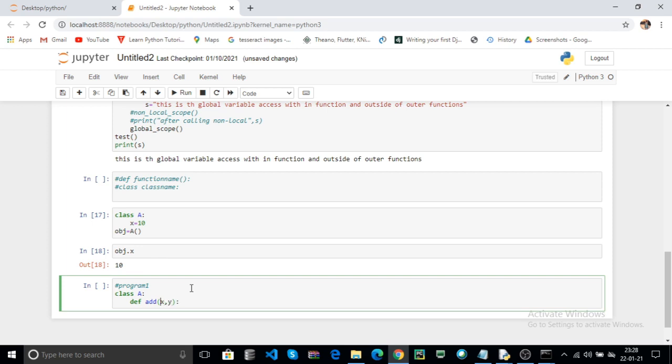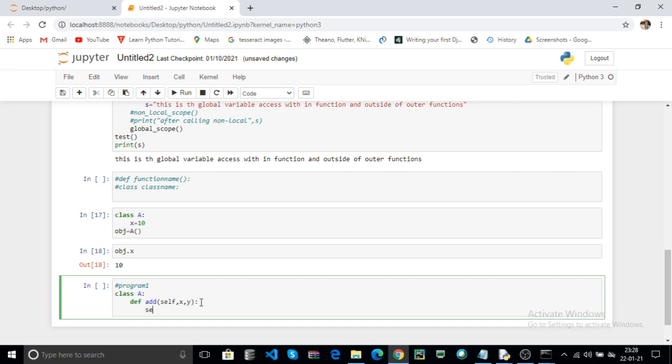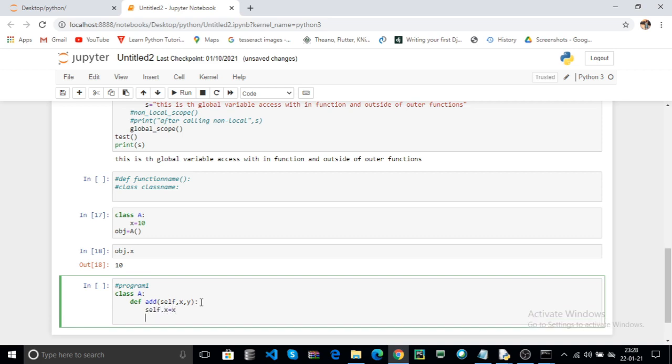In a Python program, class methods contain the default parameter self. The self is a reference to the current object. This is similar to the this keyword in Java. Now you can assign self.x = x and self.y = y.